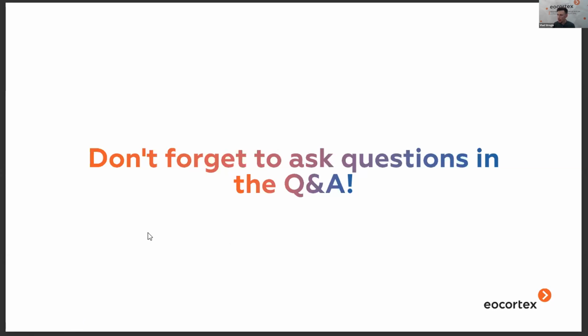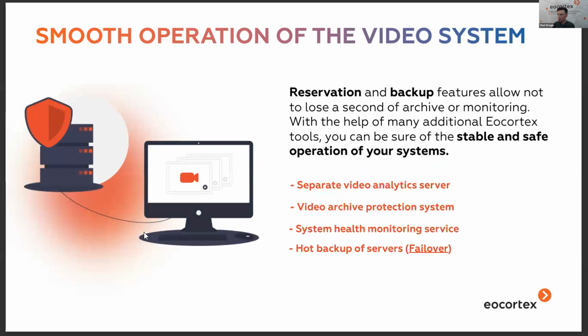So, here I would suggest going to the third element of Eocortex for large scale systems. And here we also continue with the demonstration, a real-time demonstration, of smooth and, I would say, secure operation of the video systems. Because apart from our video analytics models, we also have a set of features